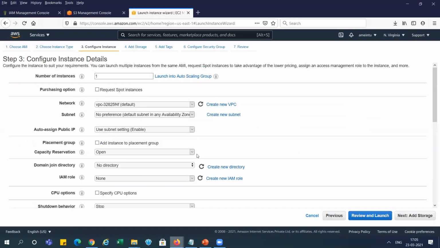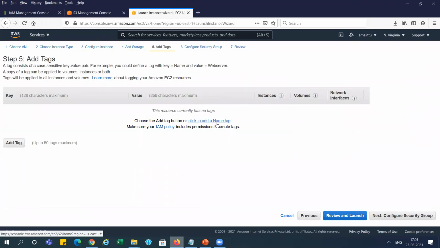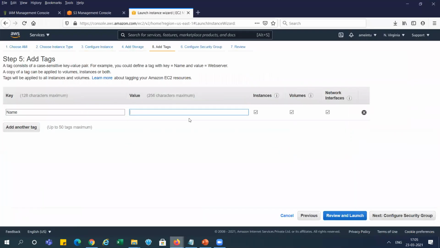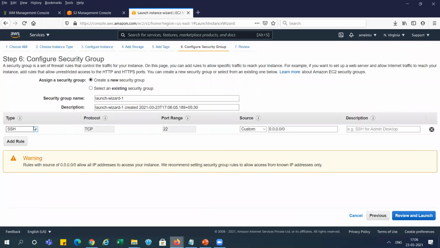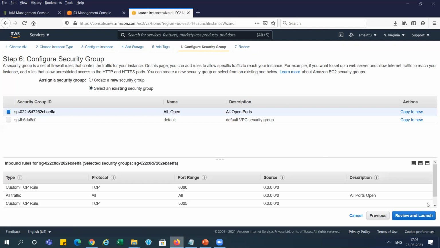It is launching the instance. We will go there in IAM role, which is not coming. Let me select S3 full access, right? Now I'm moving to next. Now I'm giving this name. Name I have not mentioned here, right? So I will just call it account A instance, right? Now for security groups, I'm selecting the security group for opening all ports.